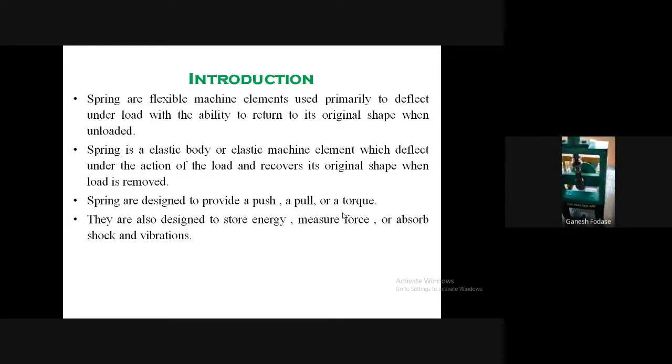This is the cam and follower apparatus, and one spring is used here. You can see, is it visible to you? The spring, the cam follower setup. Okay. So can anyone tell me what is the purpose of the spring here? This spring I'm saying.